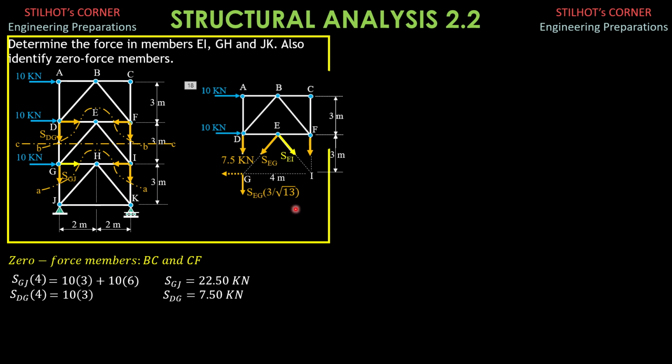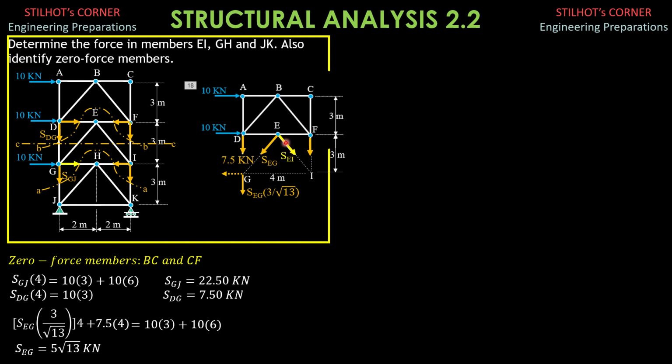So SEG times 3 over square root of 13 times 4, here the solution, plus 7.5 times 4, then equals 10 times 3 plus 10 times 6. So solving for SEG, SEG is equal to 5 square root of 13 kilonewtons. We then isolate joint E to relate